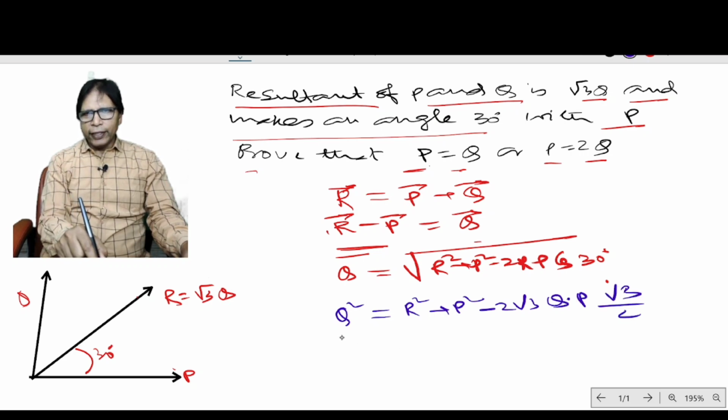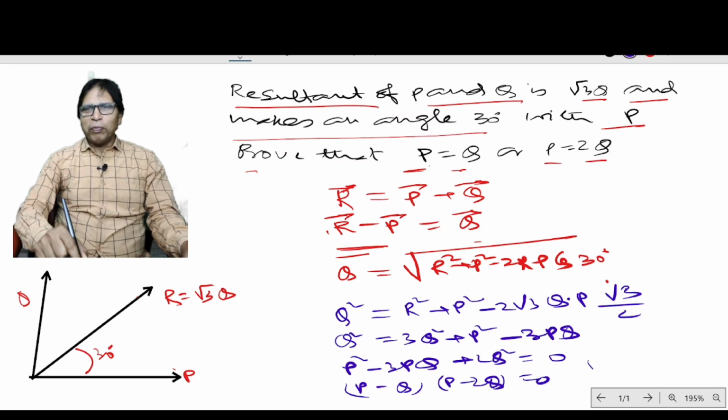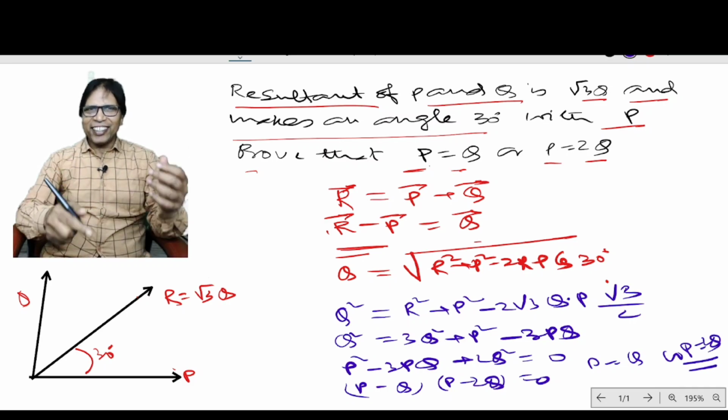Okay, so look at this: Q² = 3Q² + P² − 3PQ. Therefore, P² − 3PQ + 2Q² = 0. Now, this equals (P − Q)(P − 2Q) = 0. So P = Q or P = 2Q. Okay, understood? Next,